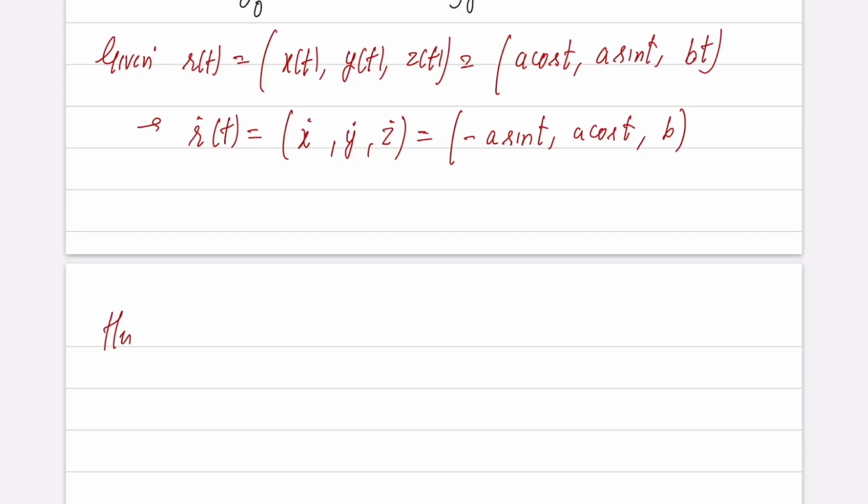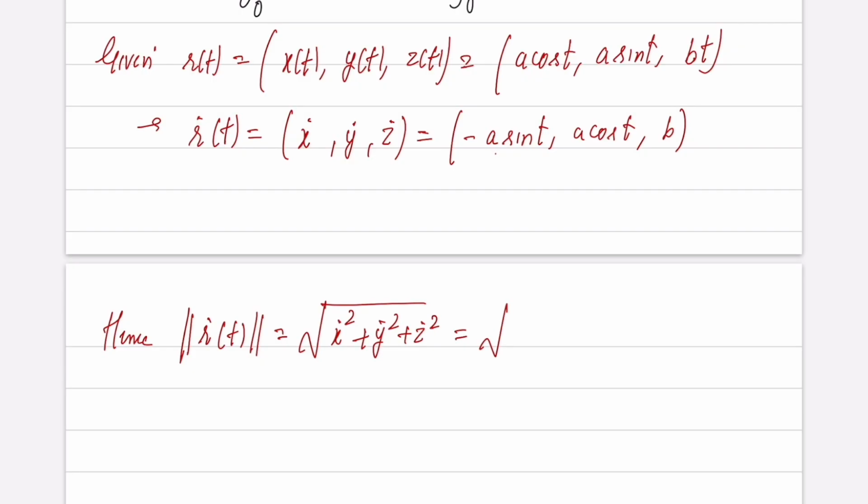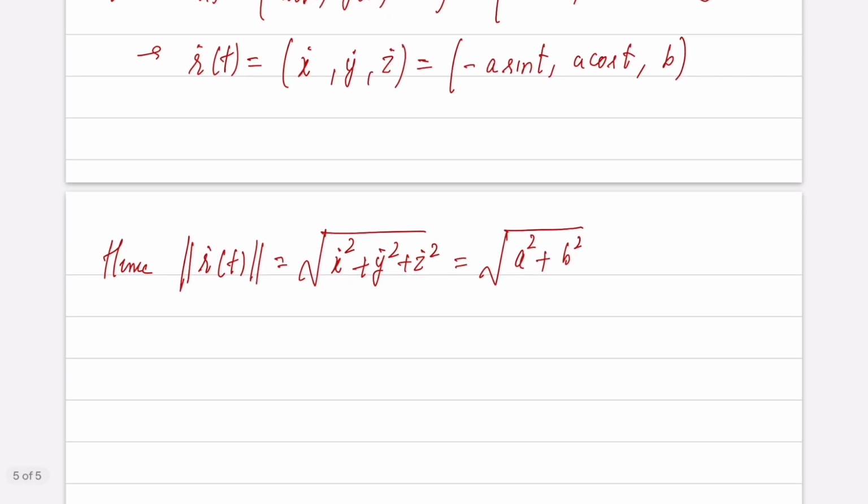Hence, the norm of r dot of t, which is defined as the square root of x dot squared plus y dot squared plus z dot squared, is equal to the square root of a squared sin squared t plus a squared cos squared t, that is just equal to a squared, then plus z dot squared, that is equal to b squared. So therefore